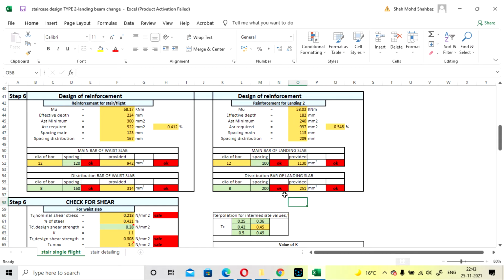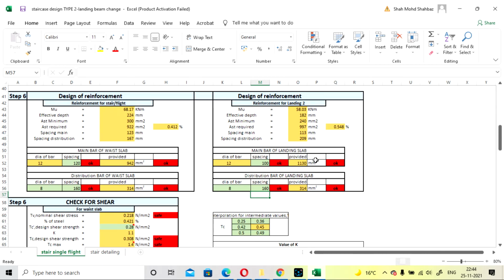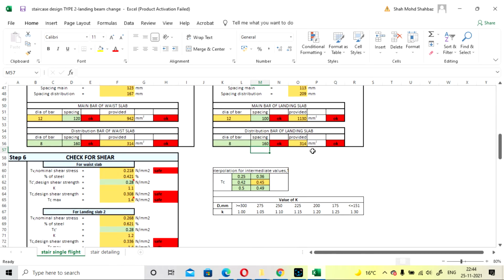So you can go with this also. But in the manual sheet I have designed with 160 only, that's why I am going to match the result. So you can go with 200 spacing for this, and it is safe also. For now we are taking 160, so the area will be this, and it is okay.